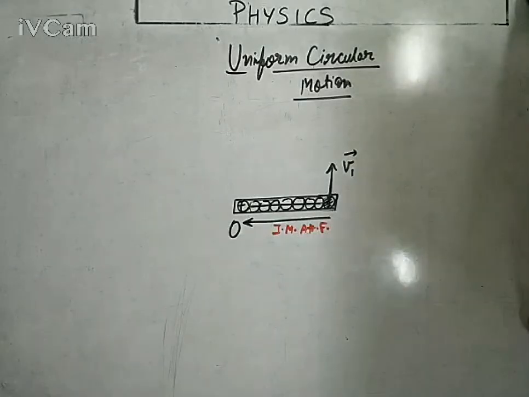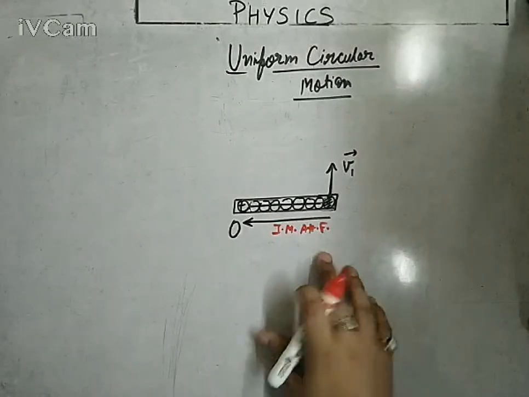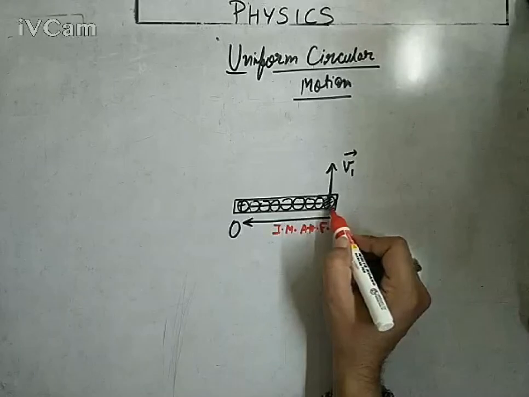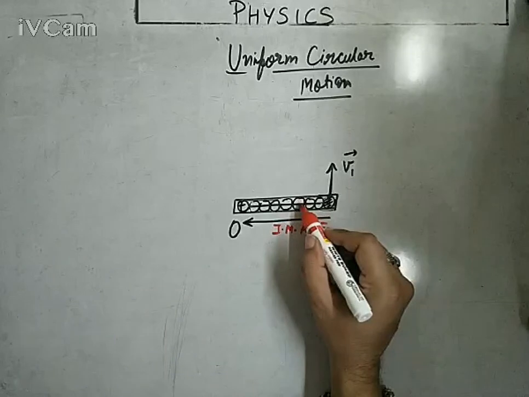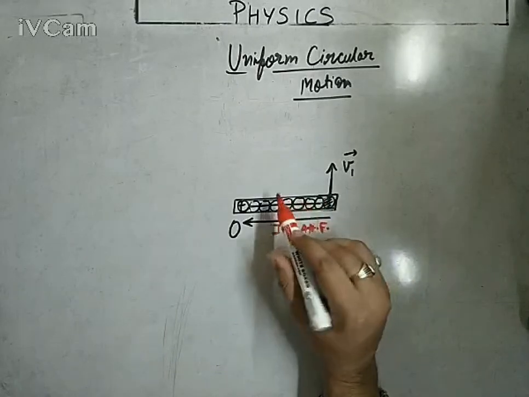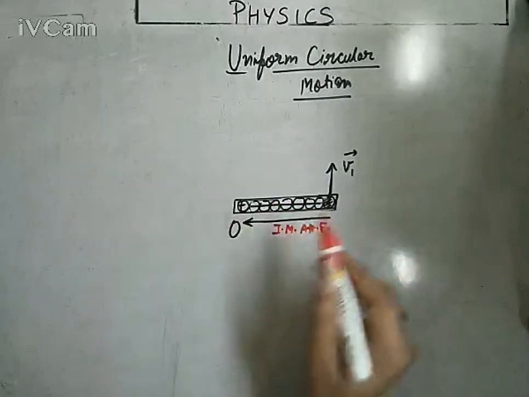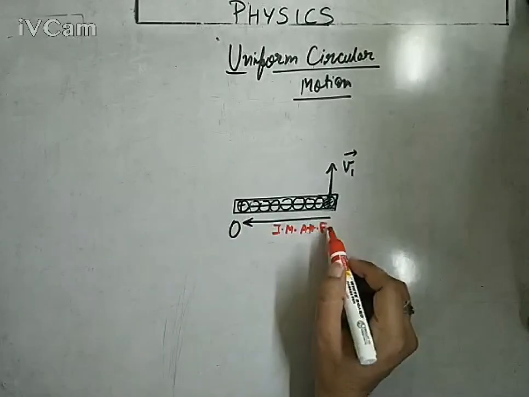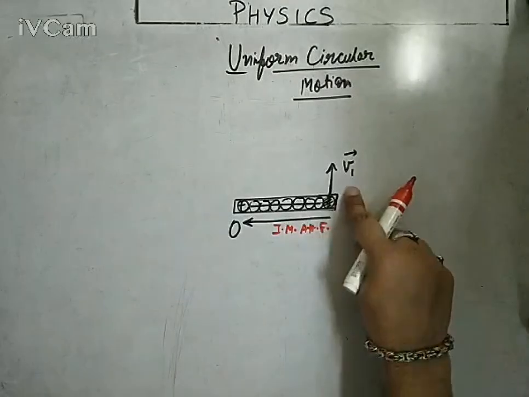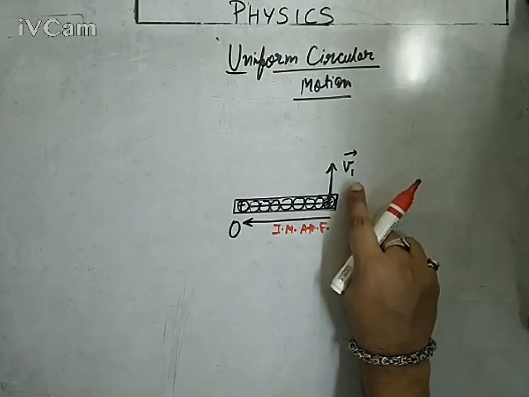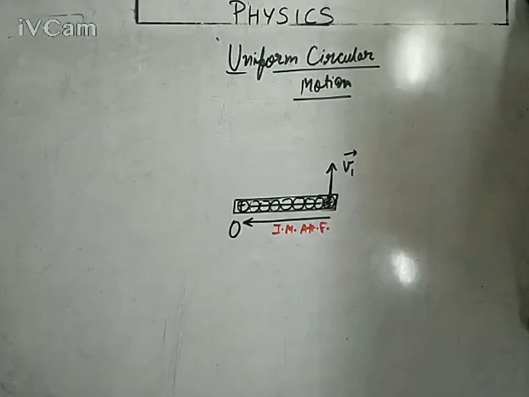Right now, I am writing it in a very short form. This intermolecular attraction force is trying to hold this particle. In the same sense, the second particle is being attracted by the third, and the third by the fourth. Continuously, all particles experience an intermolecular attraction force directed towards the center O. So there are two possible interactions. One is responsible to move the particle in the forward direction. Second, the intermolecular interaction. So the body will start to move on a resultant path.